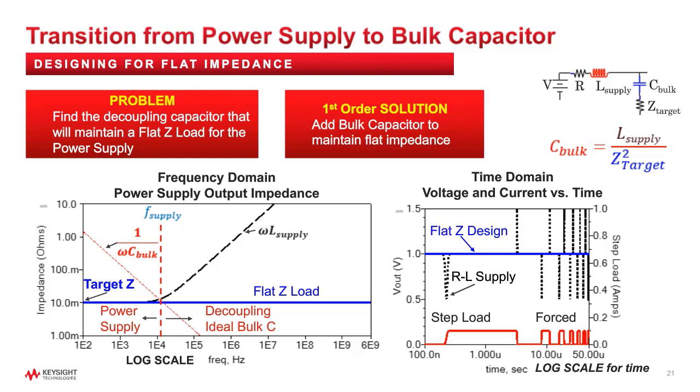Exciting this impedance with a time domain current excitation is shown in the plot on the right. The voltage spikes that we saw with the power supply by itself are gone, and the resulting blue trace with no ripple shows how the ideal capacitor added for flat impedance is delivering the power needed for the high frequencies in the rising and falling edges of the dynamic current.